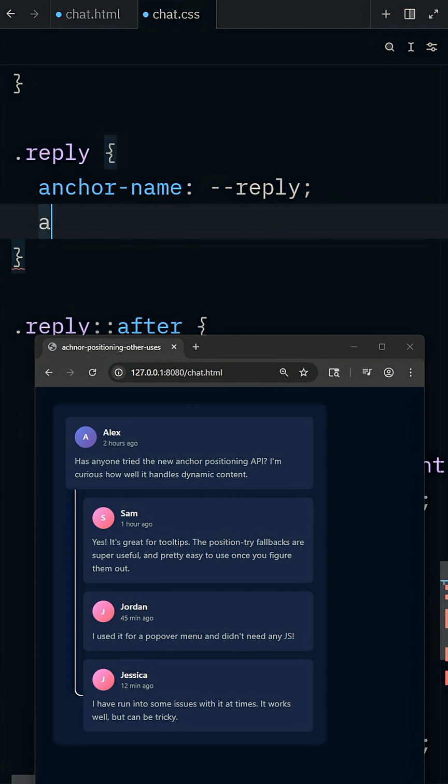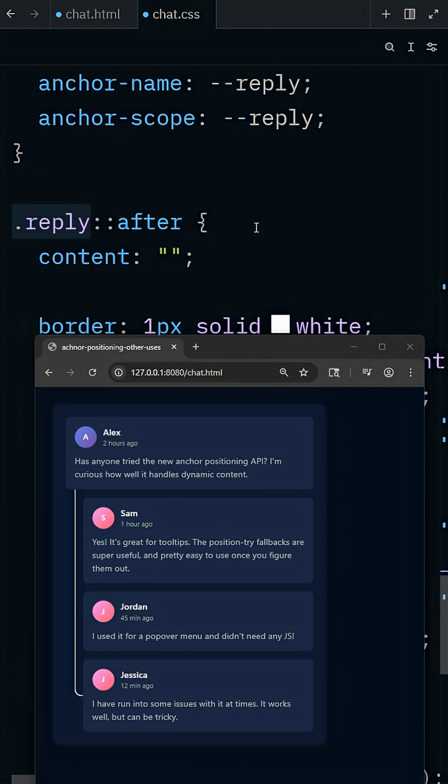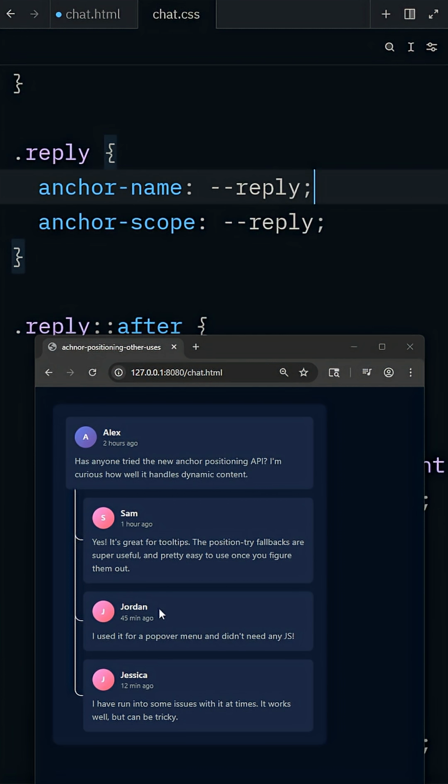I can come over here and also give this an anchor scope and give it the exact same name. And so as long as something is a descendant of the reply, which an after is as a pseudo element, it's a descendant of the reply, that anchor name that it's looking for will be scoped to that parent. I can clearly see now that these are individually linked